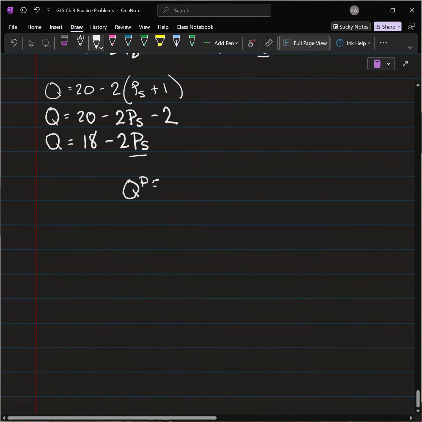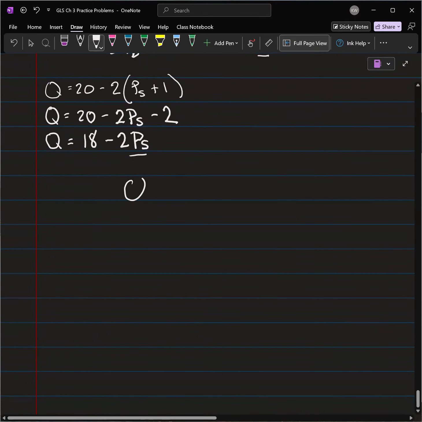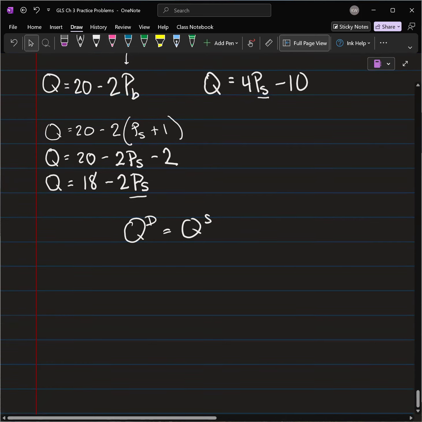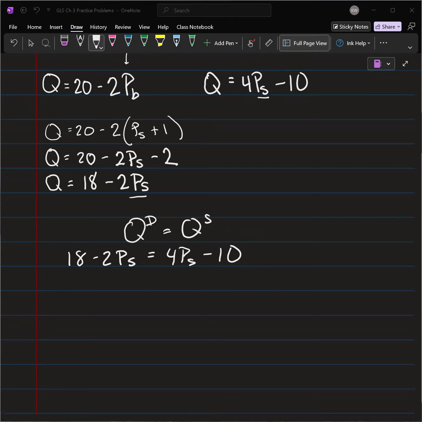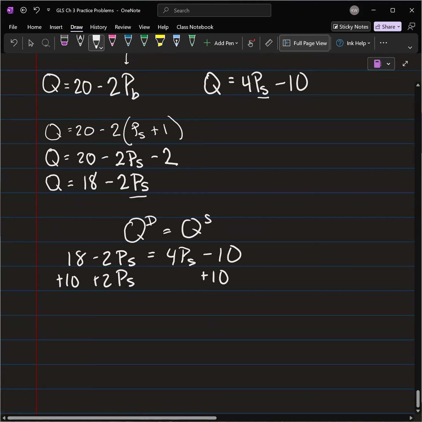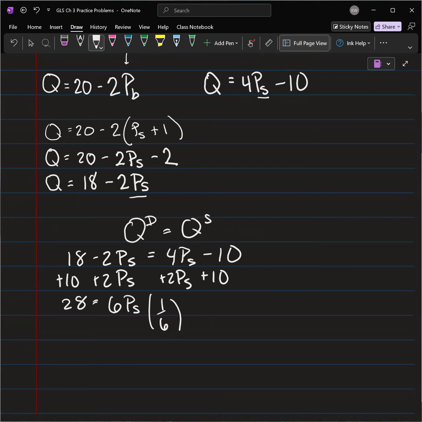Oops, sorry about that. Let me straighten out this page. Quantity demanded is going to be equal to quantity supplied. So we'll have 18 minus 2 times the price that sellers receive equal to 4 times the price that sellers receive minus 10. Then we'll add 10 to both sides and add 2 times the price that sellers receive to both sides. That's going to give us 28 equal to 6 times the price that sellers receive. Then we'll divide both sides by 6. And that's going to give us